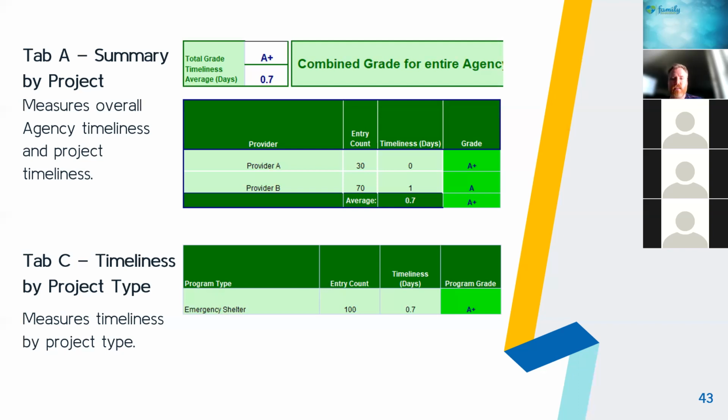Tab A is the summary tab. It will give you the overall timeliness, the letter grade, and the average in days for your entire agency for all of the projects selected. And then you will also see a project by project breakdown of timeliness. So it'll give you how many entries happened in that reporting window. It will give you your average timeliness per project, the grade per project, and then the overall average and grade